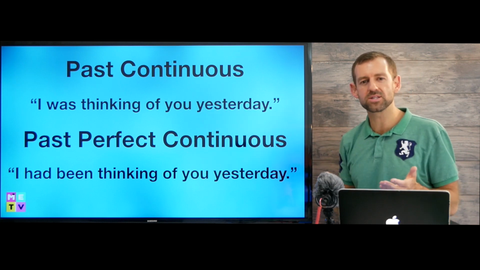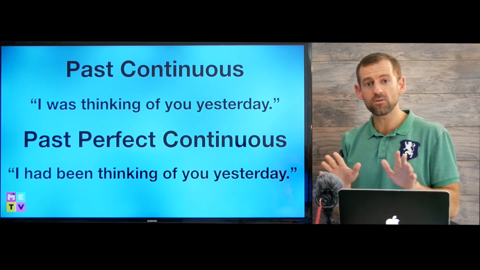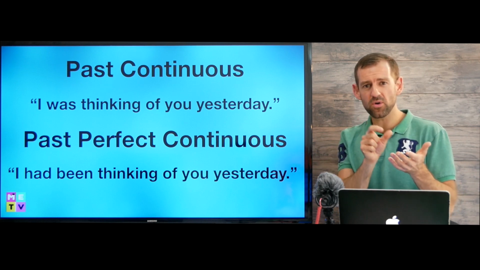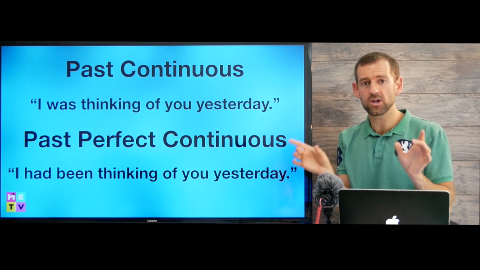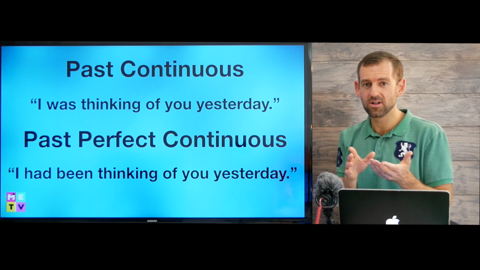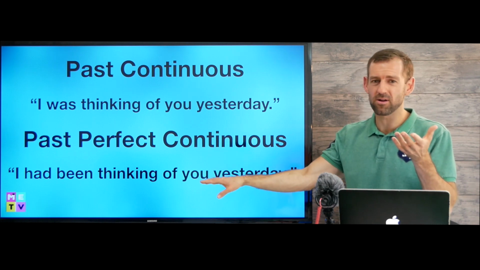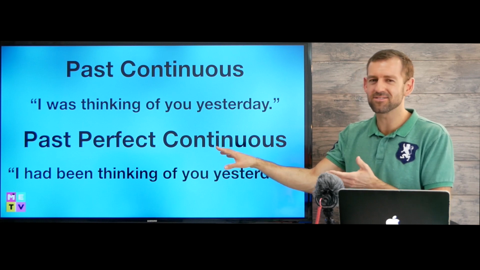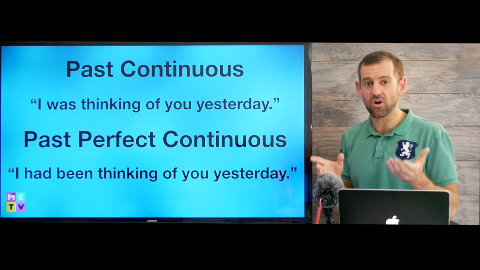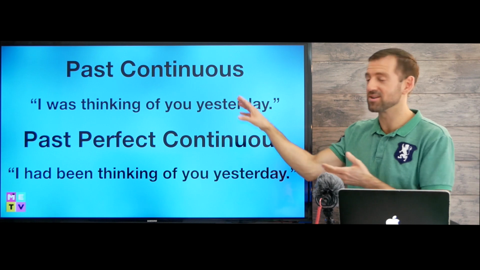Okay, I think the problem is when people start learning verb tenses, they see that English has 12 verb tenses. Okay, that's a lot, and they think, wow, I'm going to need to know each one, and they're all very common. But that's not true. Not all verb tenses are equal. We use some verb tenses a lot, and we use other ones very rarely. So this verb tense actually isn't very important, but I'm going to make a lesson on it because all verb tenses are used in English and you should know it, even though it's not as important as this one.